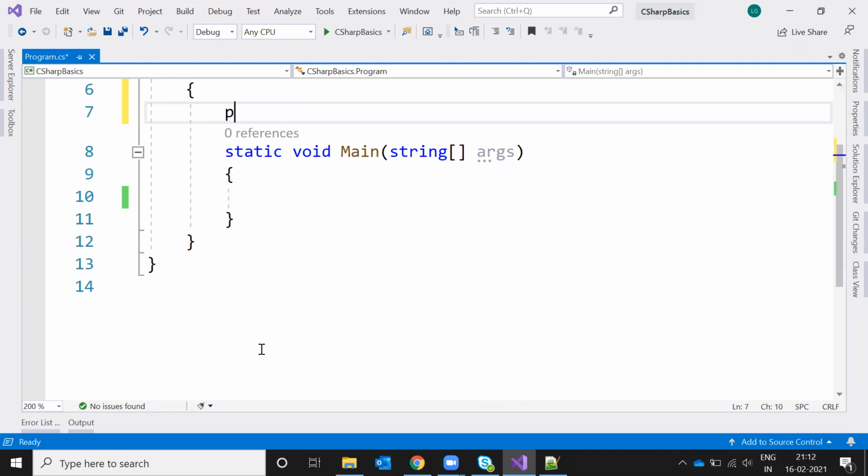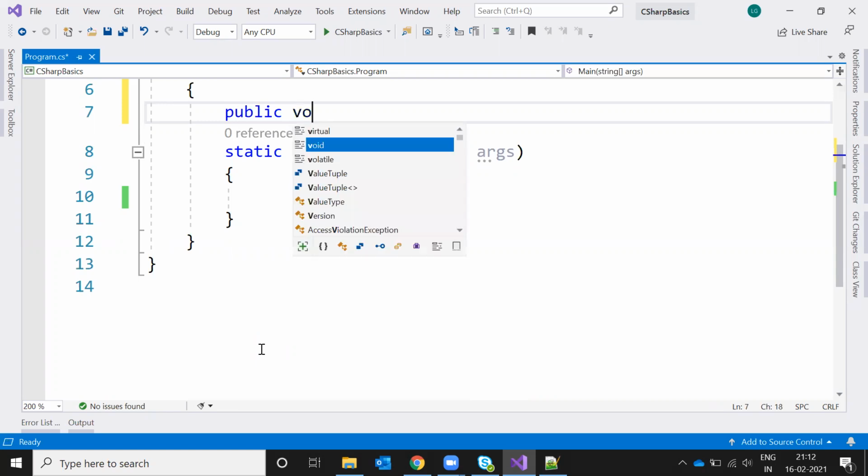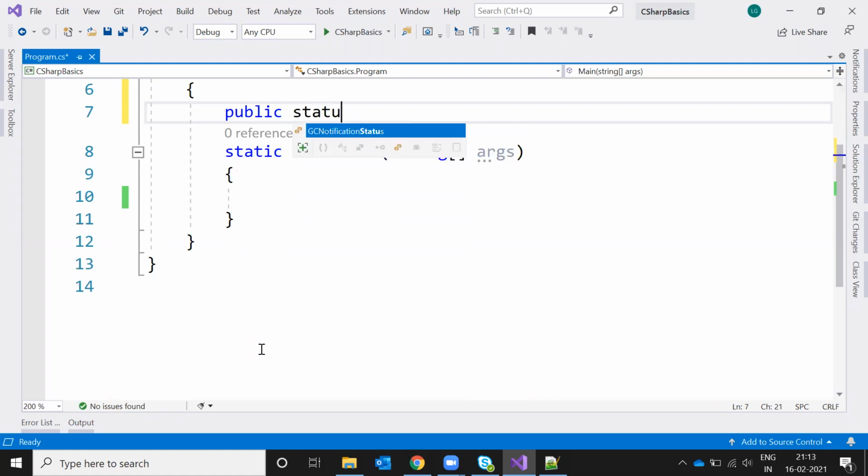Now I'm going to create call by value: public static void show. Because it is static, we can access it directly without creating an object.